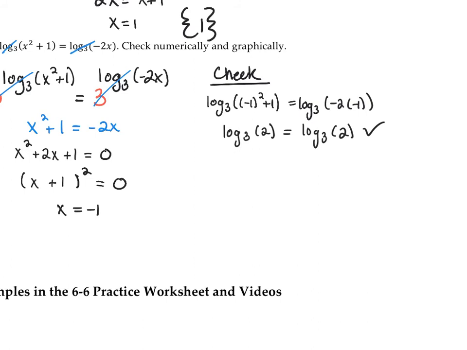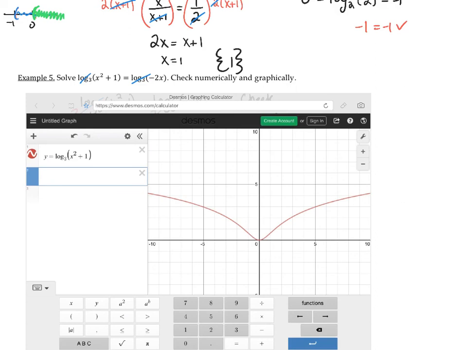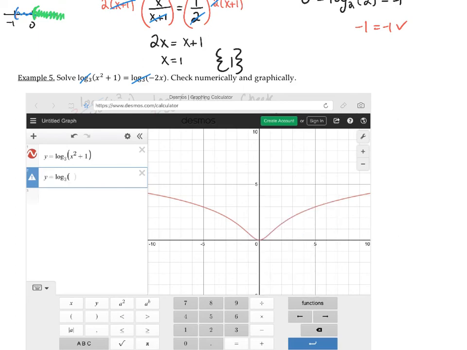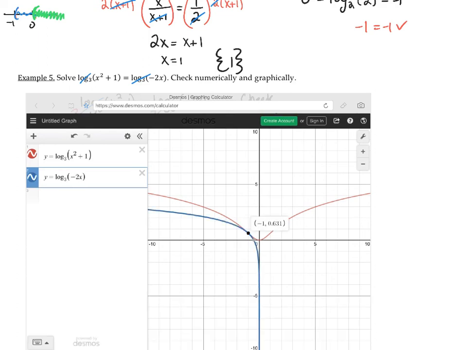We did not check either of these equations graphically. So let's see what that looks like. So I've got Desmos here, and I've already entered the first function. So I've entered y equals log base 3 of x squared plus 1. When we're solving graphically, we graph the left-hand side, we graph the right-hand side. Now, you are not expected to know that the graph looks like that. Now I'm going to enter y equals, I go to functions, miscellaneous, log base 3 of -2x. And we can see that there is one place where they intersect, and the x-coordinate of that intersection is